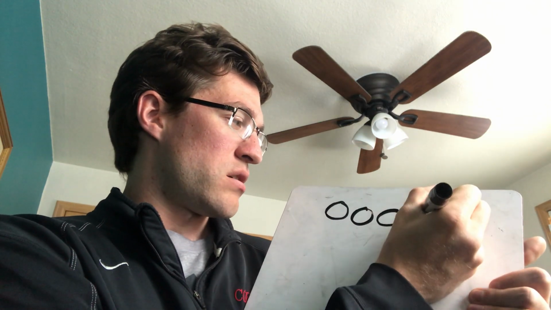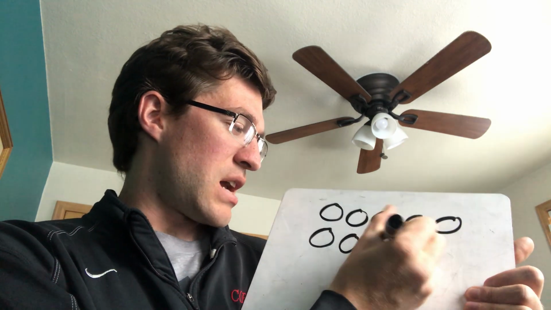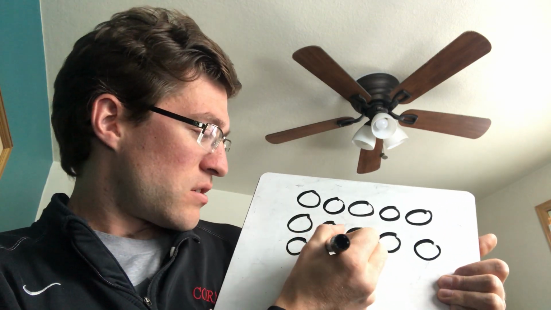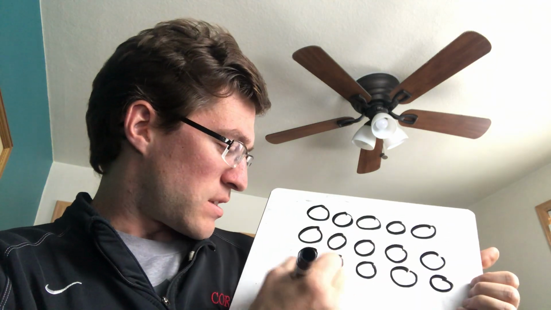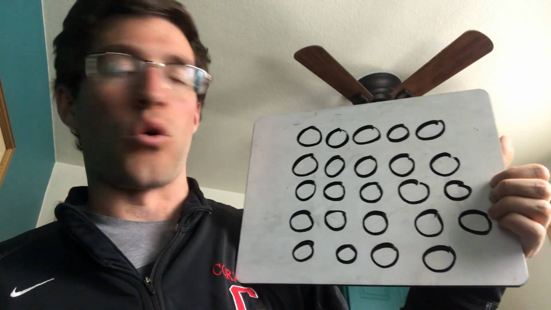24. So 1, 2, 3, 4, 5, 6, 7, 8, 9, 10. By doing them in groups of 5, it makes it a lot easier and faster for me to count. And I'm making sure I line them up. 11, 12, 13, 14, 15, 16, 17, 18, 19, 20, 21, 22, 23, 24. 24